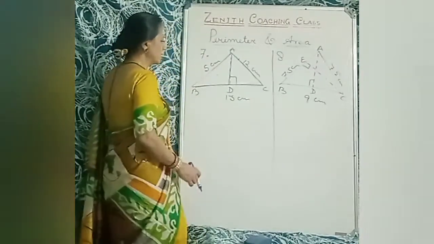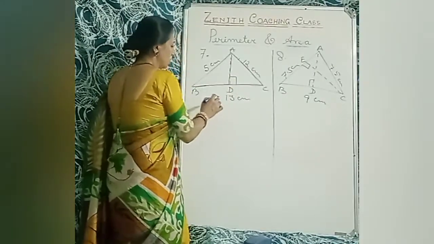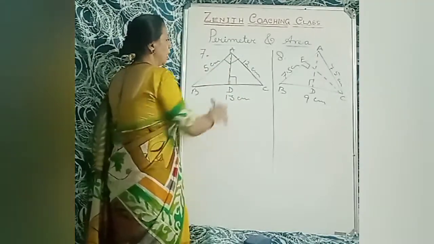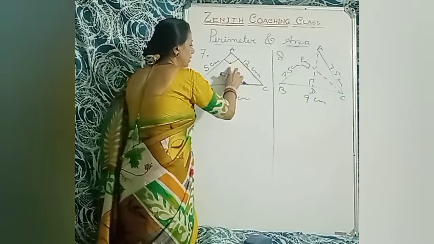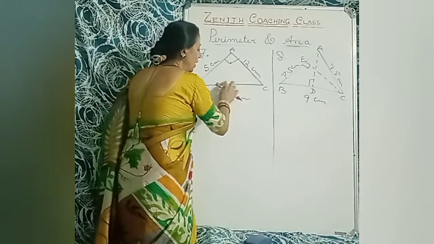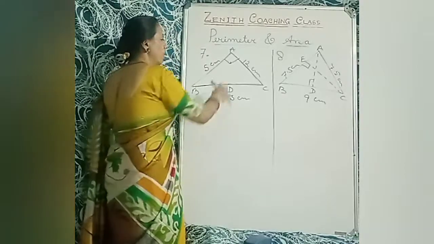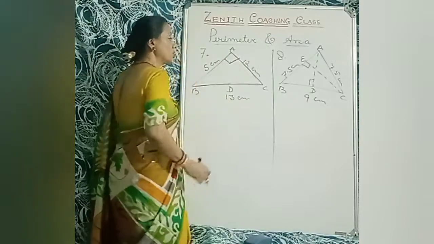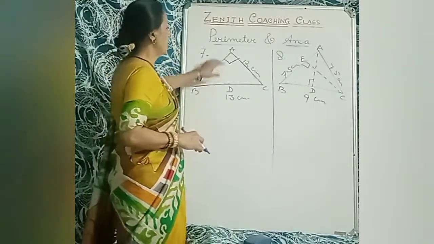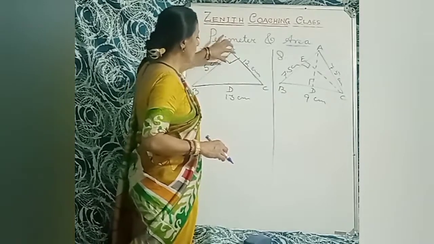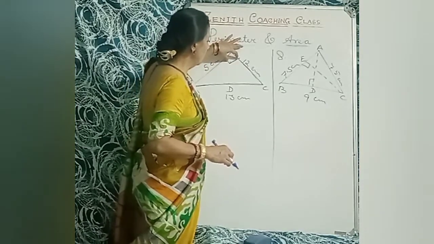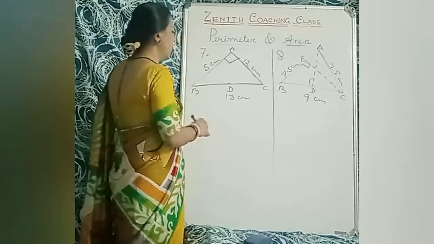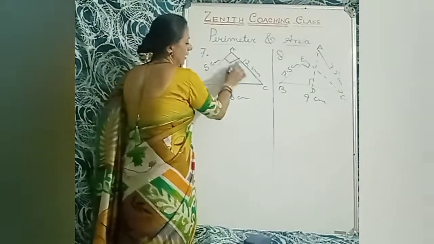Here is also a 90 degree angle. So now forget about AD, erase it. First concentrate on the area. So how can you find out the area? Think that here is 90 degree. I told you the height is at the base, where it is attached, that 90 degree is formed. So it is base and it is height here. So let's think AB is the base and AC is the height.